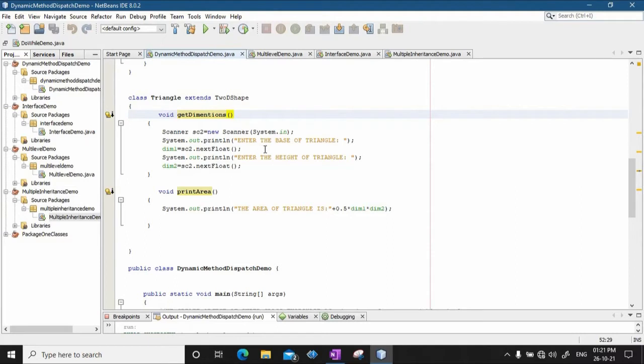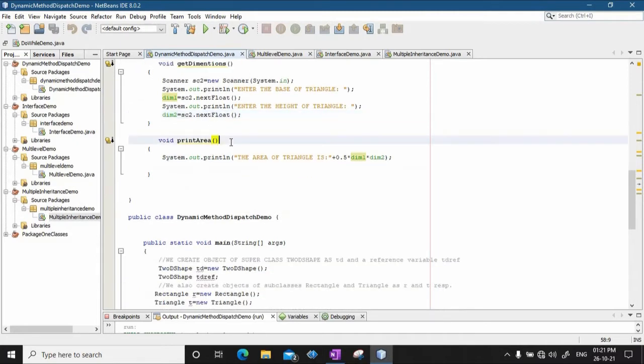It asks the user to enter the base of the triangle, stored in dim1, and the height of the triangle, stored in dim2. So this is how the triangle class defines getDimension according to its own needs. Now the printArea method simply prints the area of the triangle, which is half into base into height.